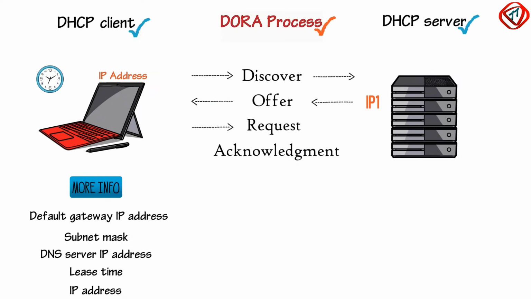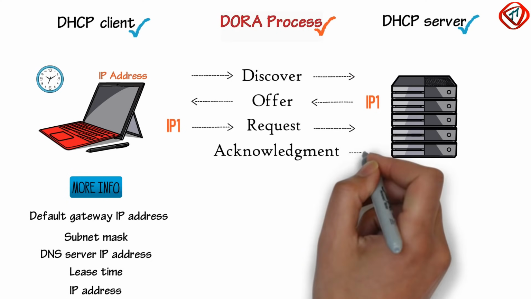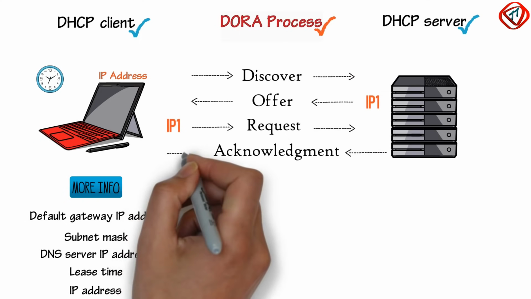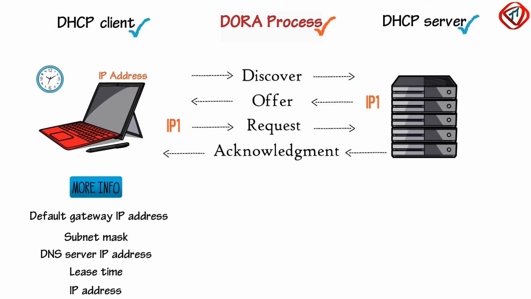The DHCP client then asks the DHCP server to allocate the offered IP address with a request message. The DHCP server then allocates the offered IP address to the DHCP client and sends an acknowledgement message. On receiving the acknowledgement, the DHCP client configures the TCP/IP settings in the operating system so that the laptop can